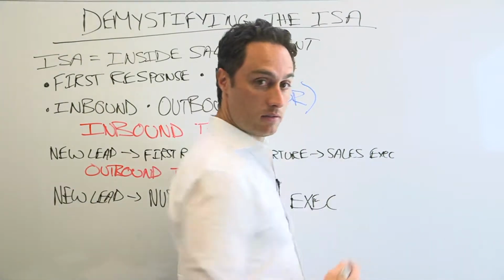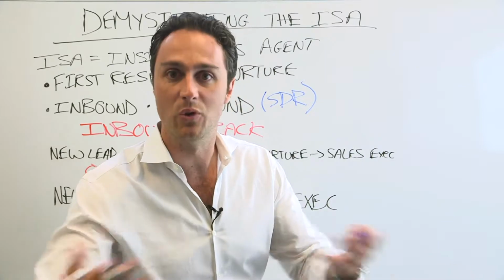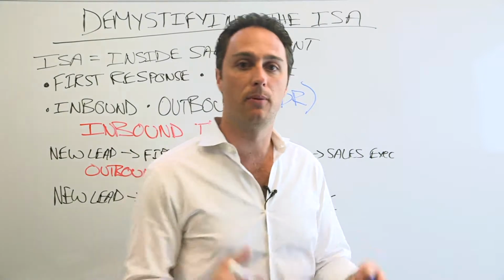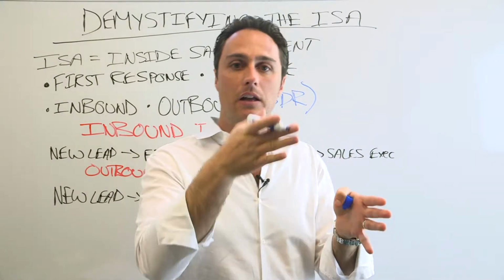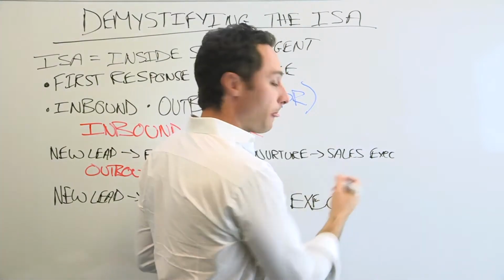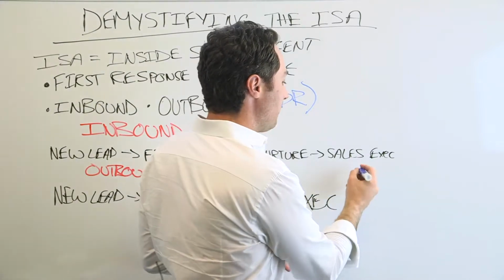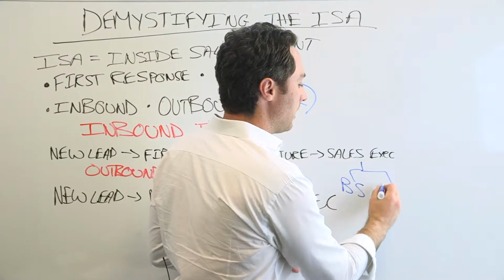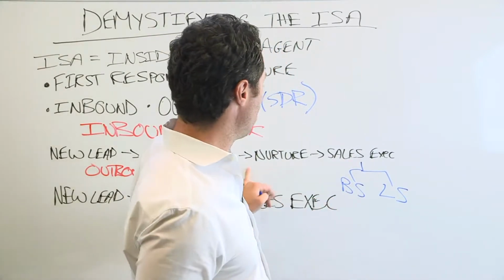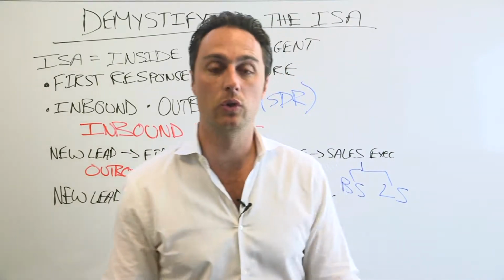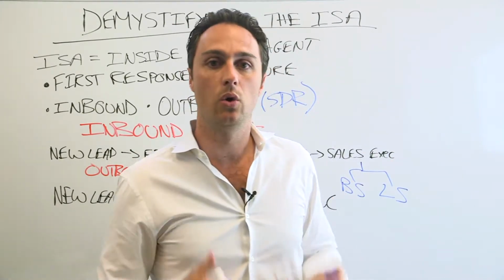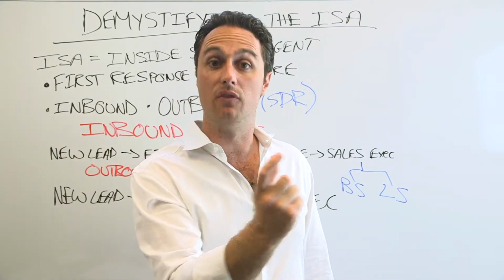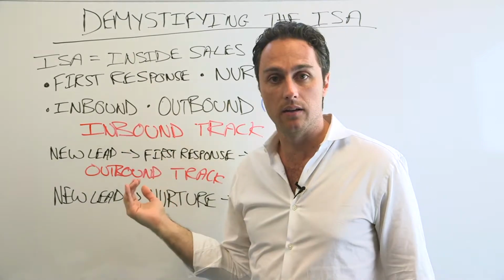We would refer to that as agents, okay? So real estate agents, they're sales executives, account executives. They're people that are making money by closing business. And so in my particular organization, that's divided into two camps, which is buyer specialists and listing specialists. Nevertheless, those appointments go to one of those two sales execs or account execs who then close business, okay? And that's the lifeline of that new lead that came in.